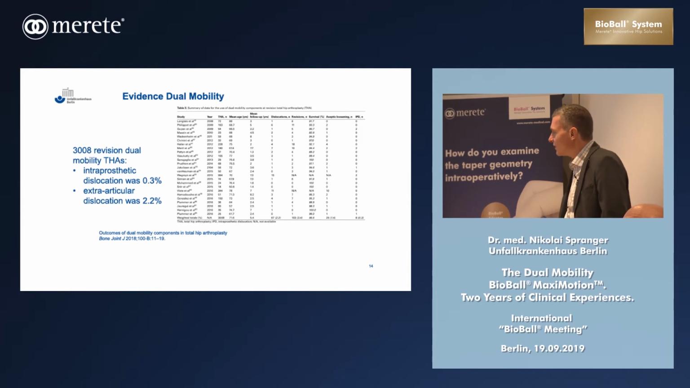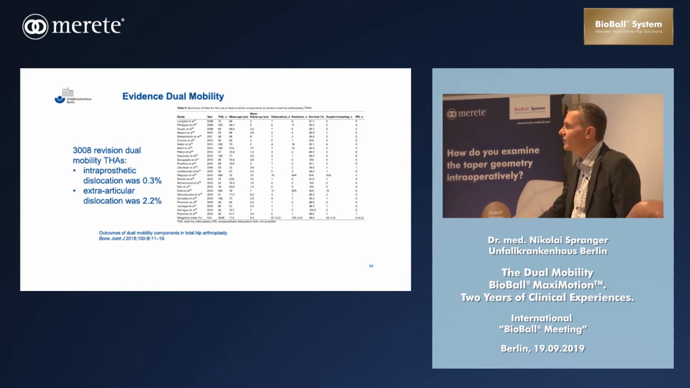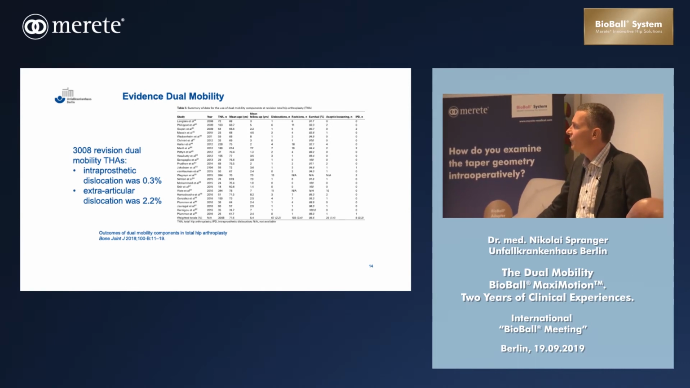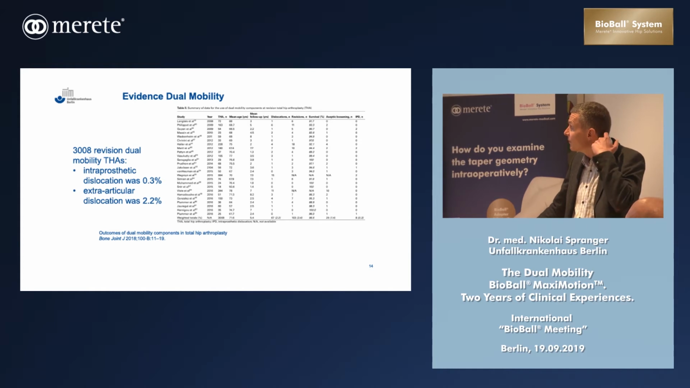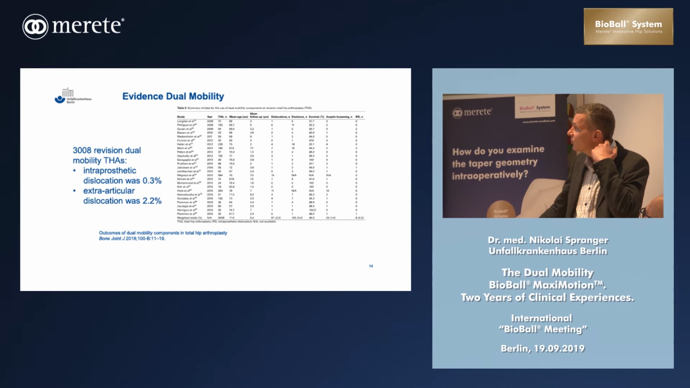So what is the evidence for dual mobility? Are we allowed to do all this? I searched into the literature for some actual publications. So in this study, in the Bone and Joint Journal, they had a study with 3,008